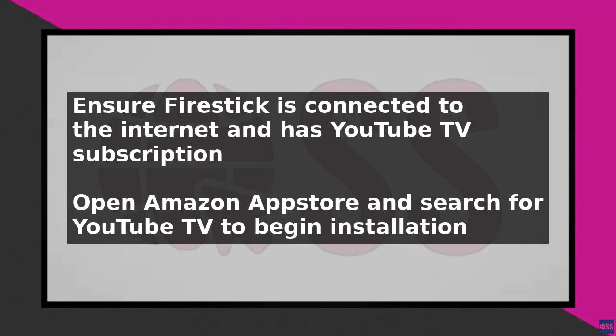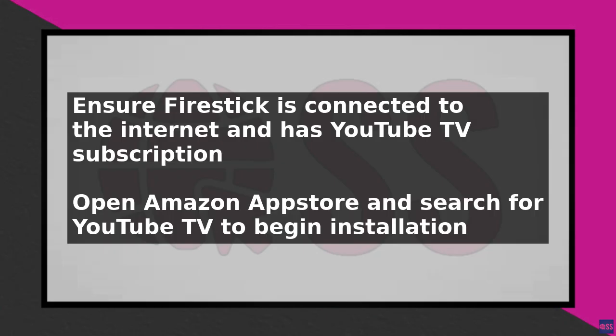To get YouTube TV on Firestick, start by ensuring your device is connected to the internet and you have a YouTube TV subscription. Open the Amazon App Store on your Firestick. Then navigate to the search bar and type YouTube TV. Select the YouTube TV app from the search results and click the Get or Download button to begin the installation